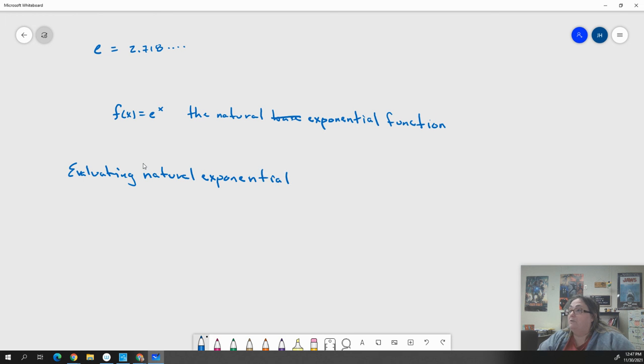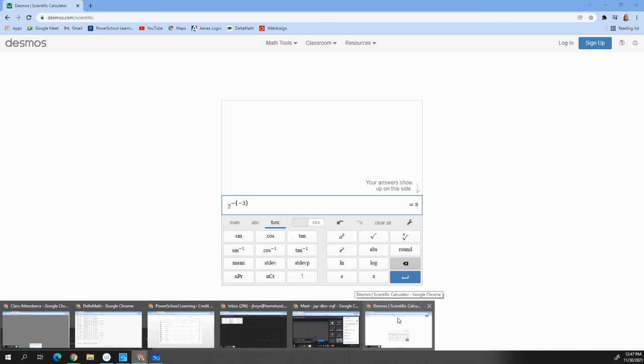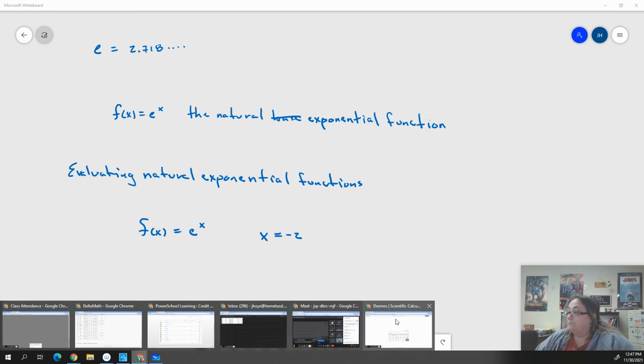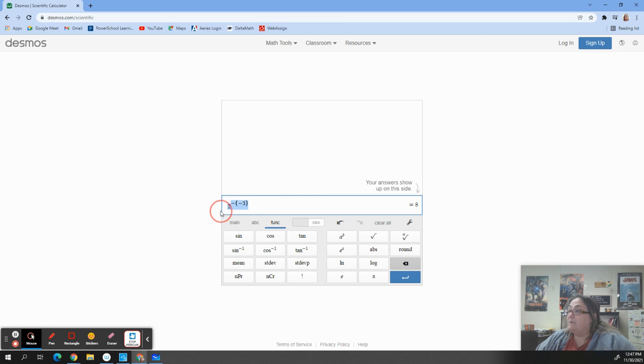Exponential functions. So if I have, say, f of x equals e to the x power, and we say that x equals -2, we would just go to our calculator, right? And I would put in